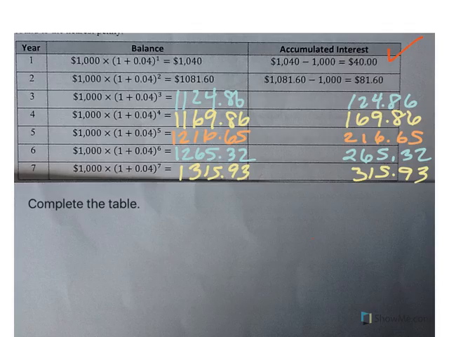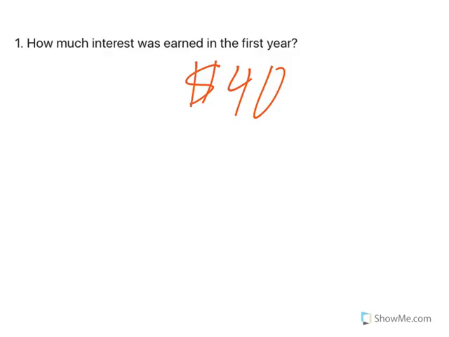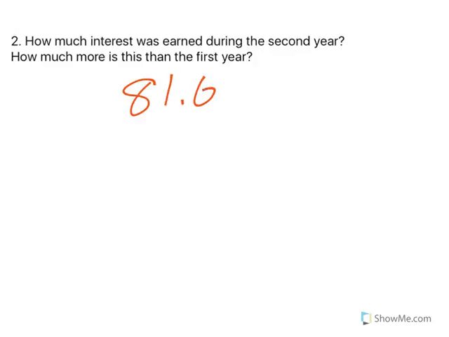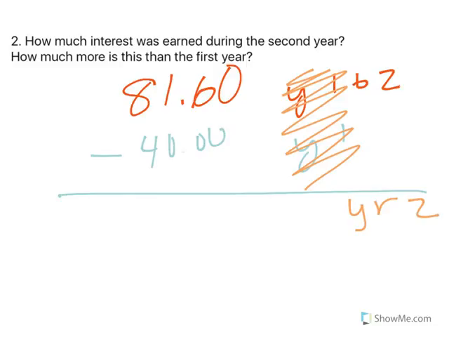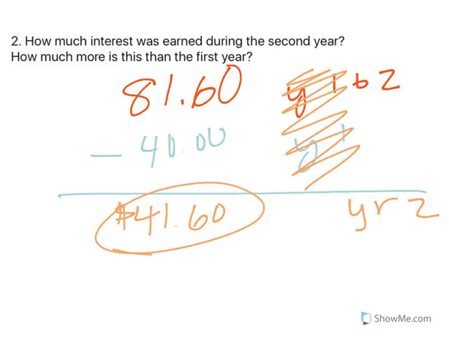Okay, so now when you go back to this, you see that the total was $81.60, but we know year 1 was 40. So if $81.60 was years 1 and 2, and if I subtract 40, which is year 1, the year 1s cancel out, I'm left with just year 2, and that amount is $41.60. So in year 2, I earned $41.60 in interest. Well, how much more is that than year 1? Well, $41.60 minus 40,